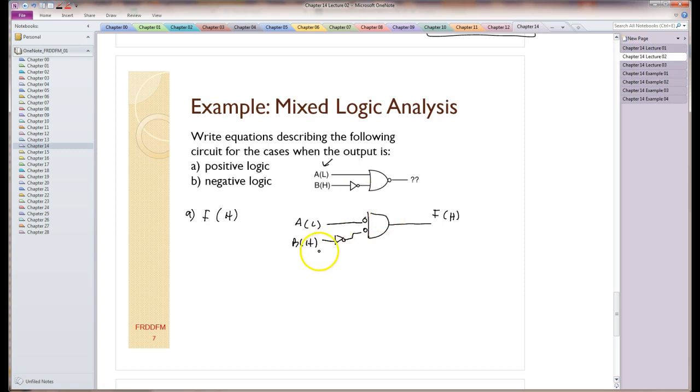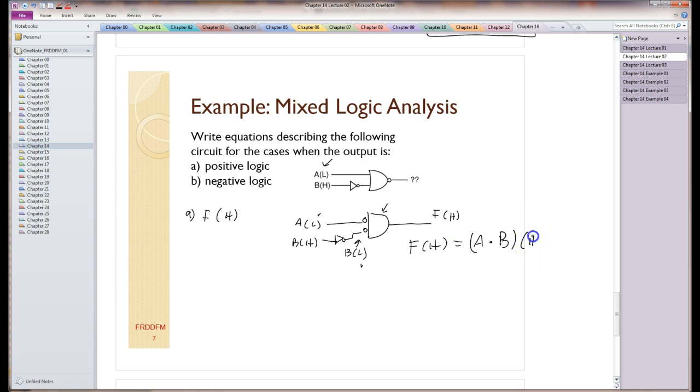So this is going to be B sub high, B sub low, and so I've got a negative logic there, it matches those logic levels, and I can read this off. F sub high equals A and B. Remember this AND comes from this gate here, so I'll erase that now. And B and